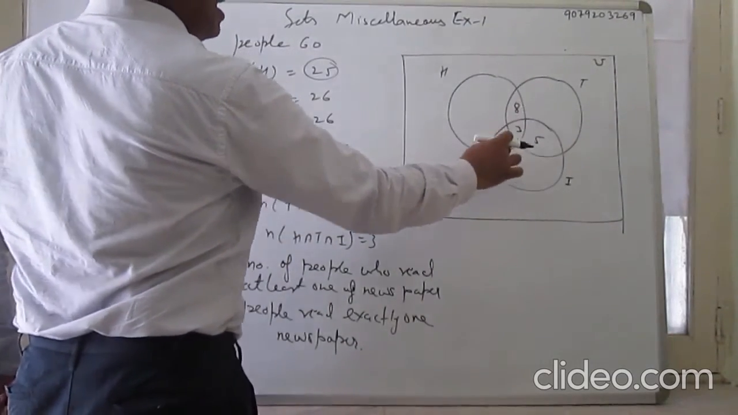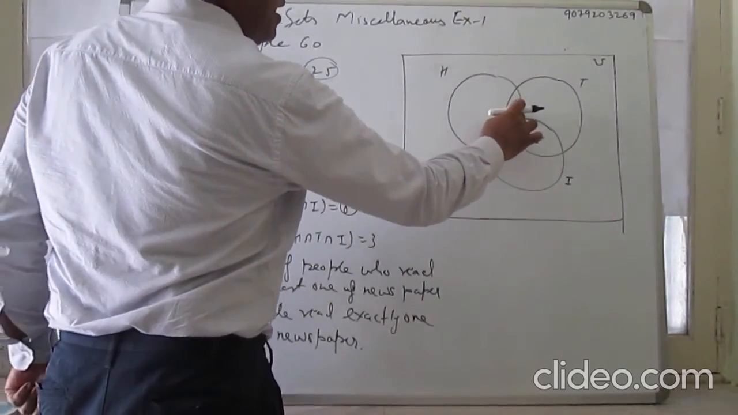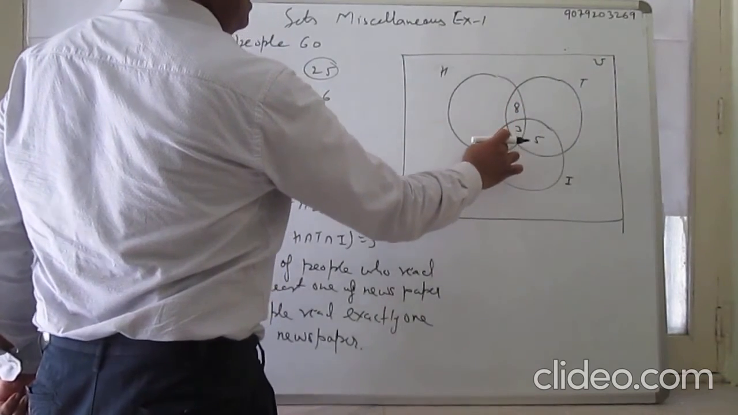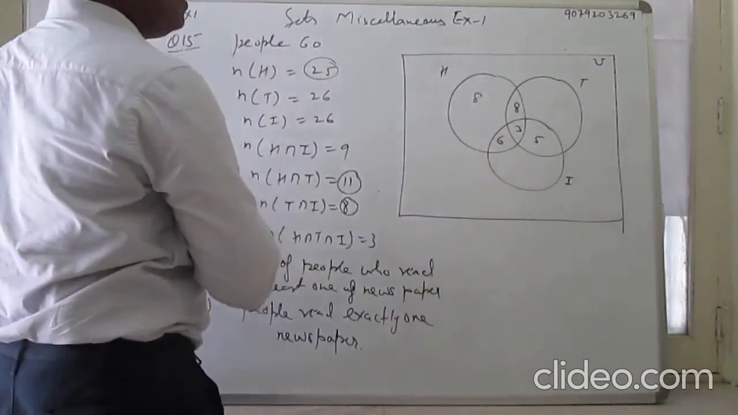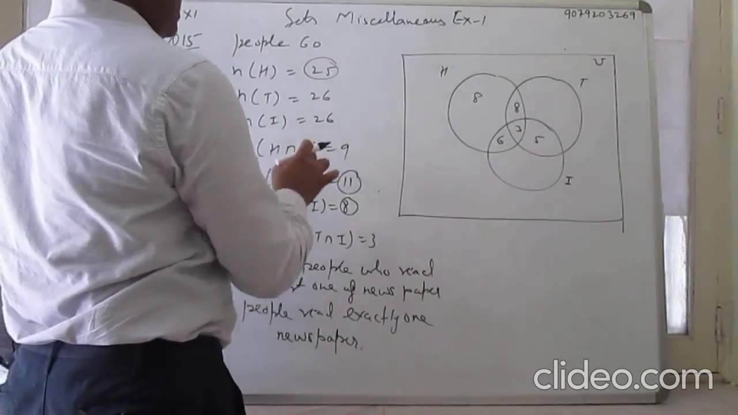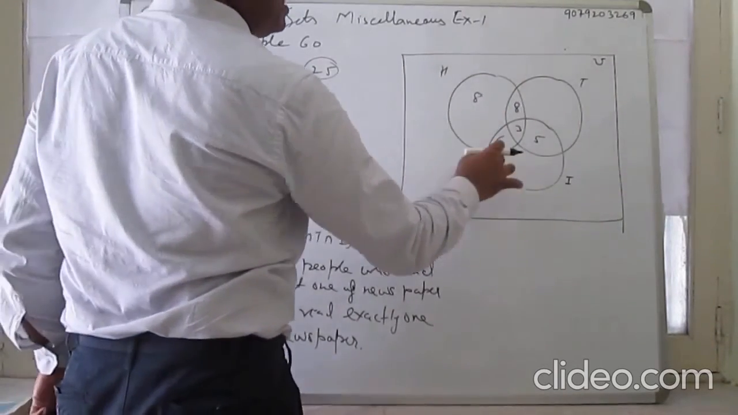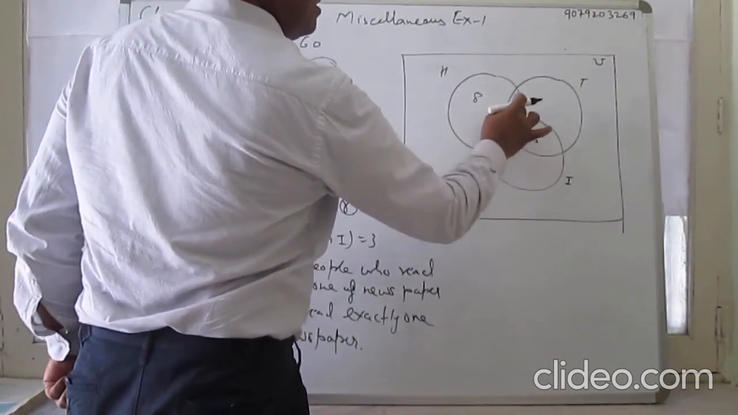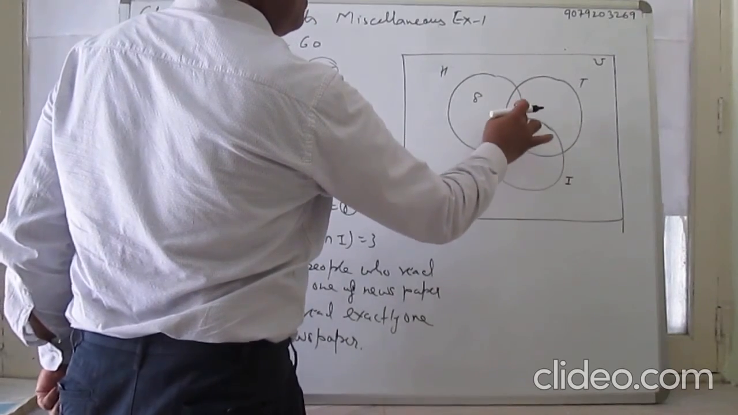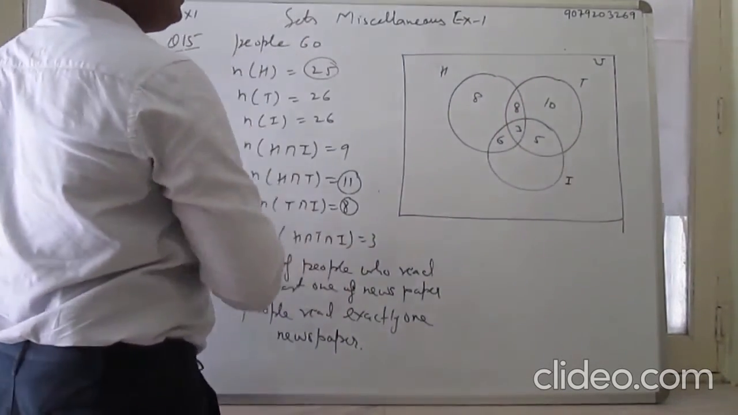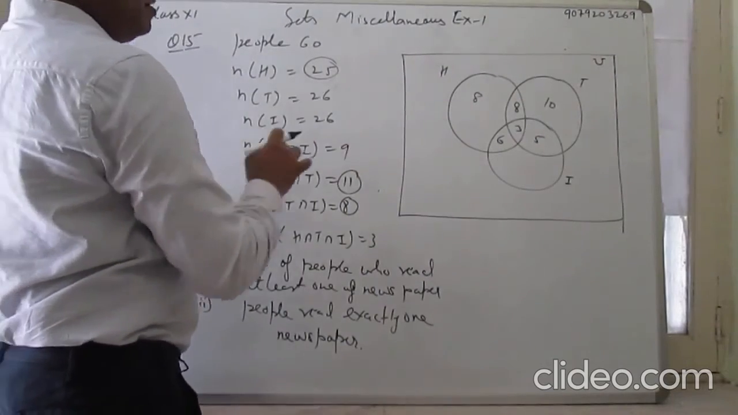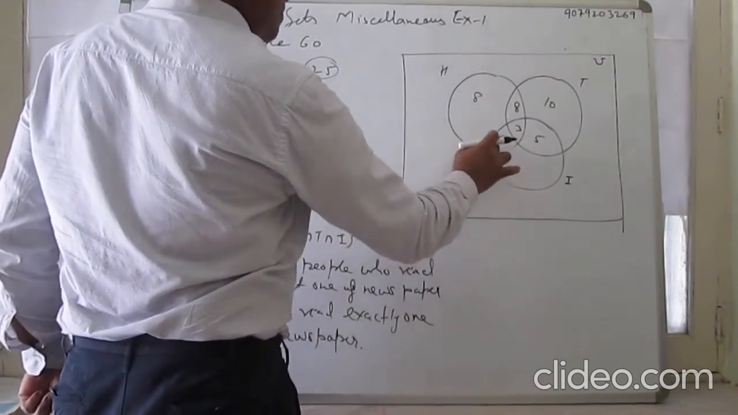तो इधर कितने आ गए H में अभी तक? 8, 11, 17. 17 में क्या जोड़ेंगे 25 हो जाए? 8. Now T में कितने हैं? 26. इधर कितने आ गए T में? 8, 3, 5, कितने हुए 11 और 5, 16. 16 में क्या जोड़े? 10. इधर कितने हैं I